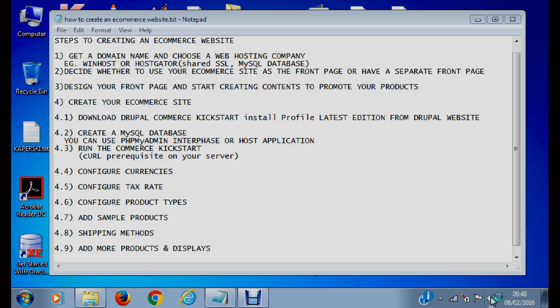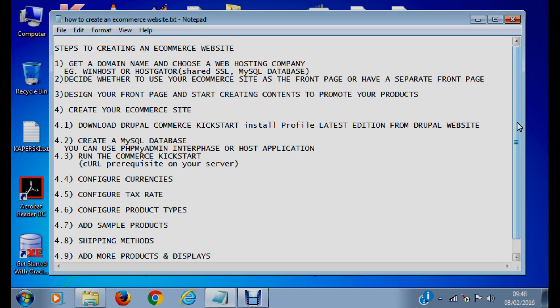Today we'll be going through the steps to create an e-commerce website, a basic e-commerce website, out of the box, that we can build upon and use for a site for beginners, those who are not developers, so long as you have a basic knowledge about websites